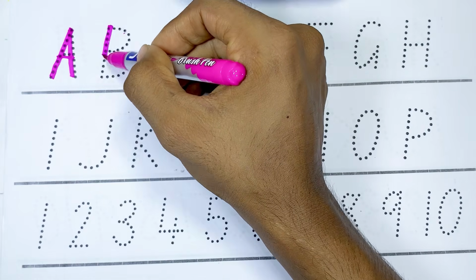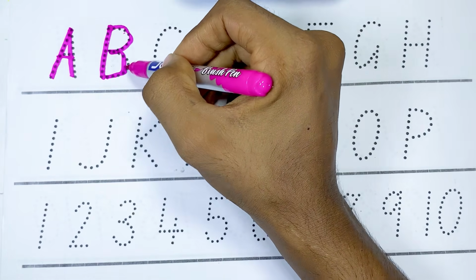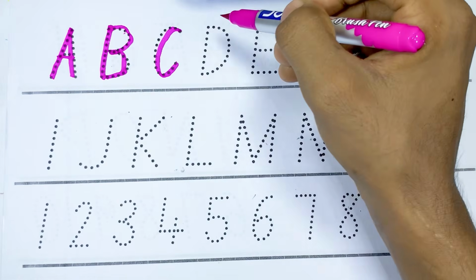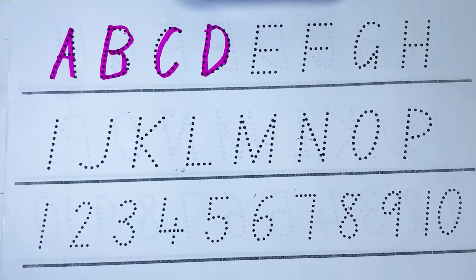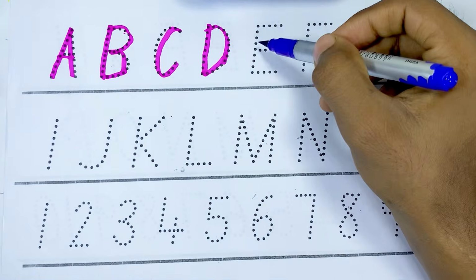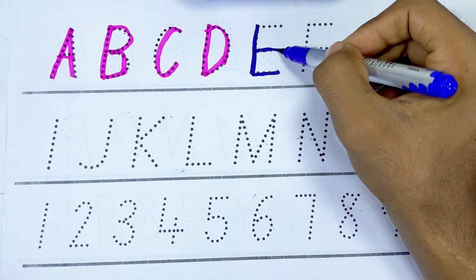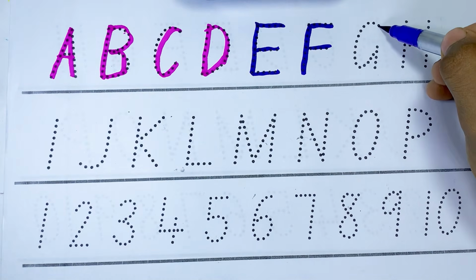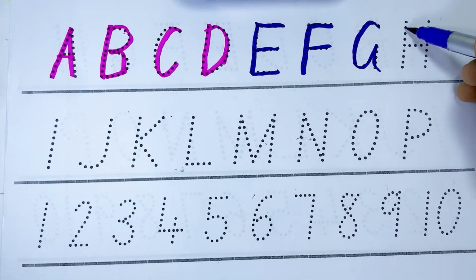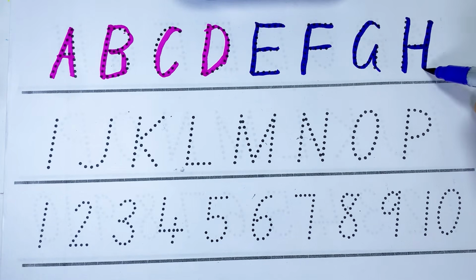A for apple. B for ball. C for cat. D for dog. Kids, now you draw E. The alphabets of E. E for elephant. F for fan. G for God. H for helicopter. Kids, now you draw I. The alphabets of I